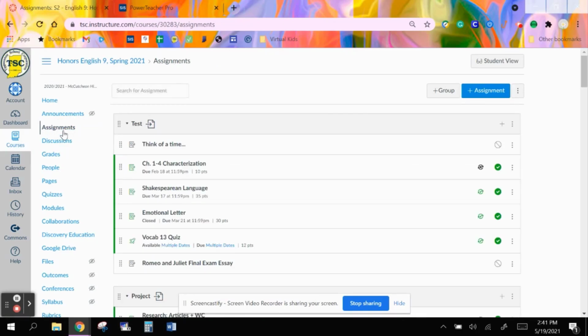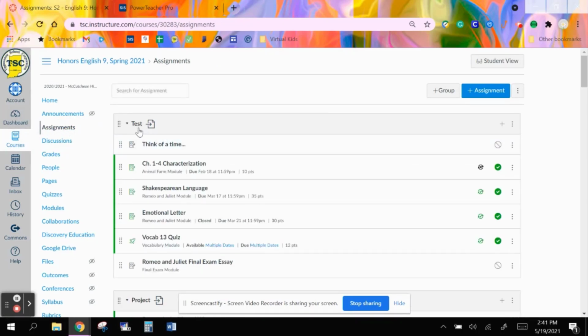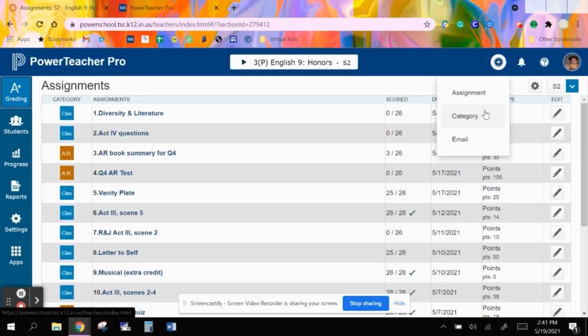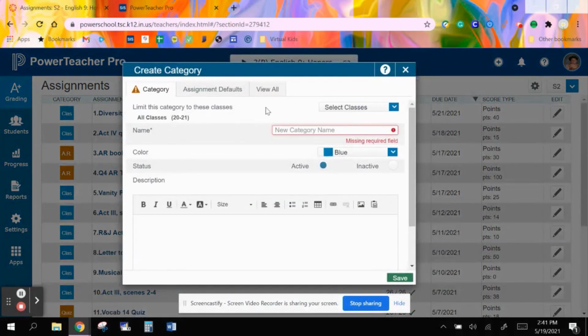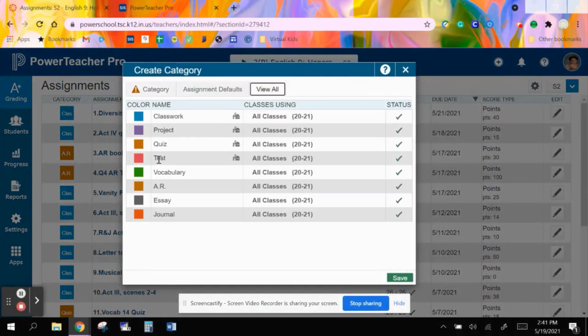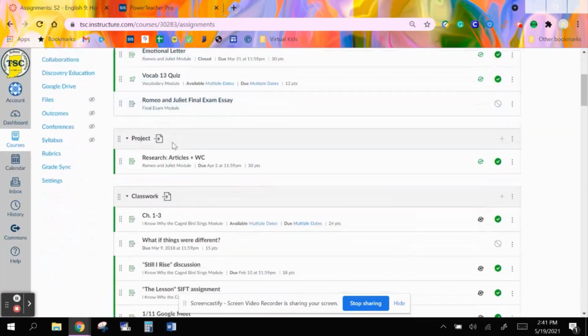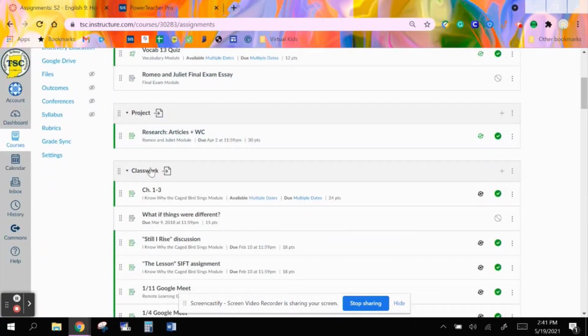Once it's completed, you will see all of these categories here. So I'm going to jump back to my PowerSchool just to show you which one synced. So there should be a test, quiz, project, classwork. Those were the 4 that were default. So let's see, we have test, project, classwork,